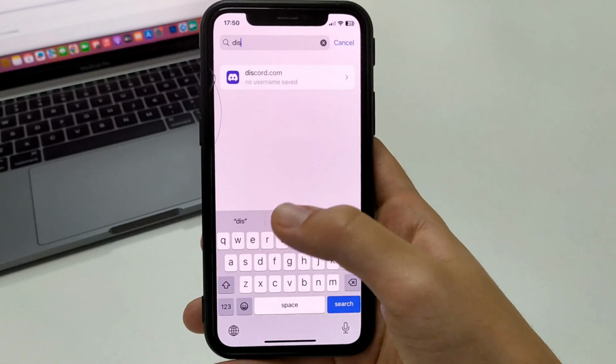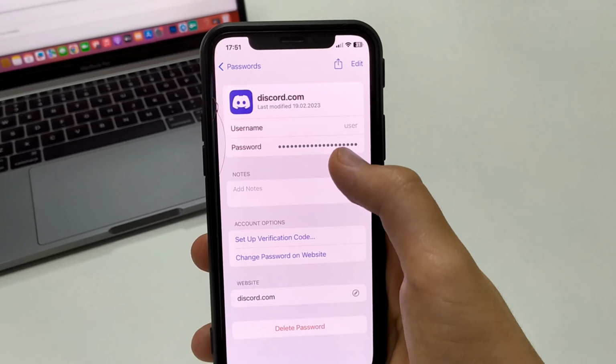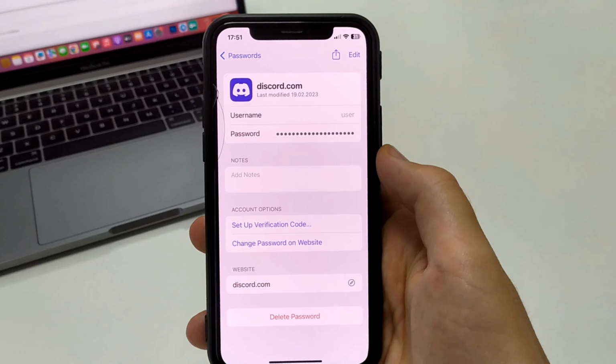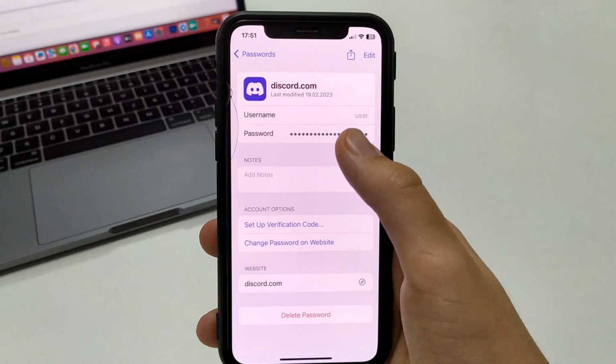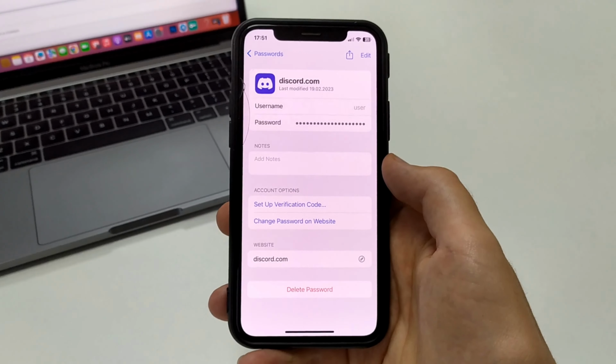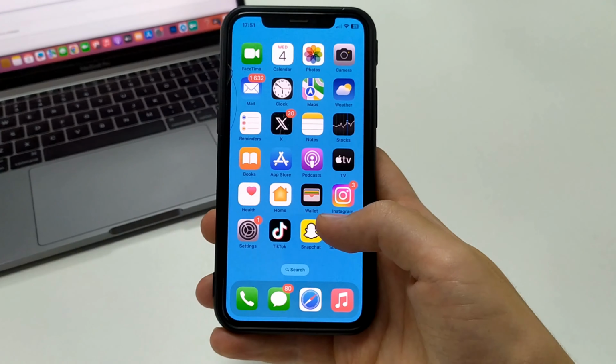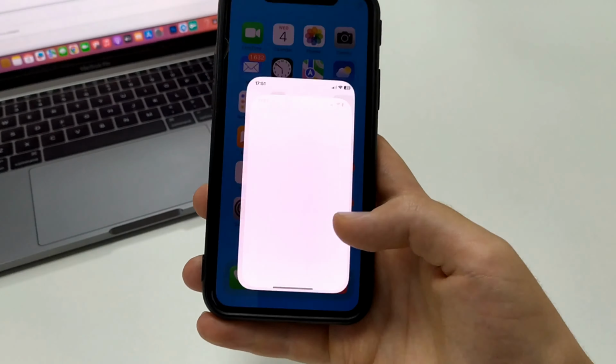Now in the search bar we need to write the word Discord. Click on it. It says username and password below. We click on the password, and we can see it. Copy it, and after that we don't need to reset it. We go to some social network. Add it, and it will be automatically added, and we will go in.